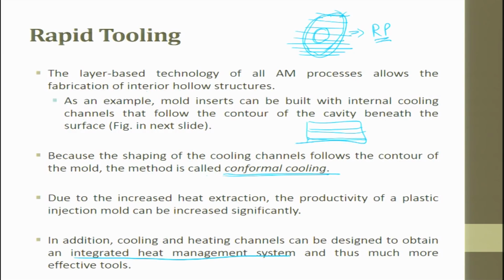So, this is very important, which people are talking about today, because a lot of dies, molds, and in fact electronic circuits have a heat sink. The heat sinks are today manufactured by using rapid prototyping techniques or rapid manufacturing techniques, wherein the heat management can be done in a very efficient way. For this, rapid prototyping and rapid tooling are also used.